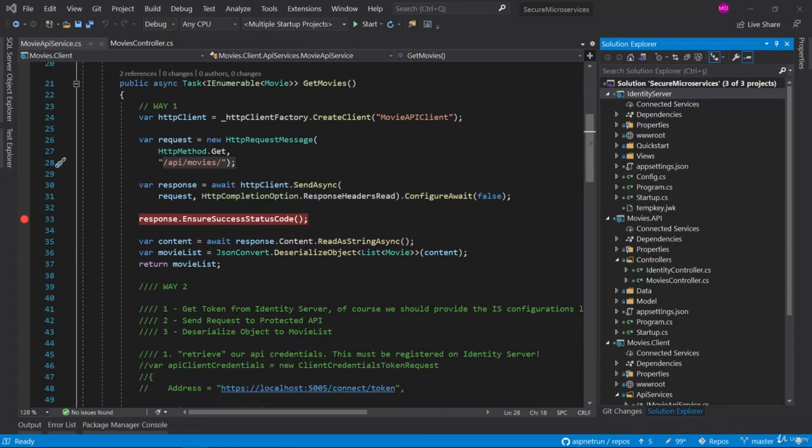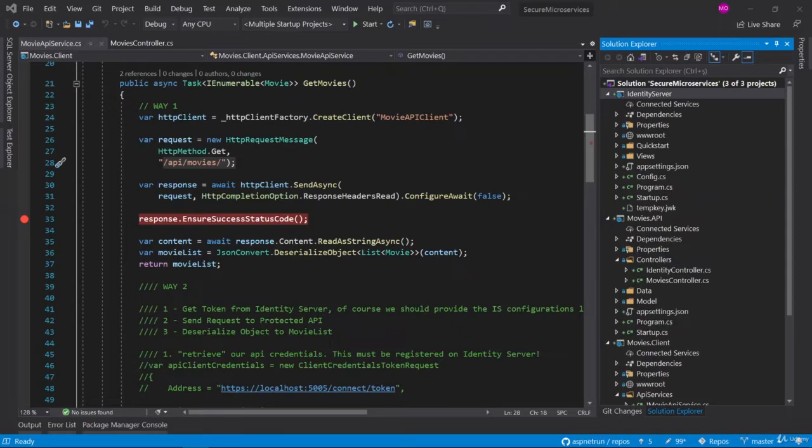In this video, we are going to use hybrid flow for getting token and combine scopes for the interactive client. We don't need to use two clients, as you know that we developed one client to access the movie API and another client for the OpenID interactive MVC movies client application. But with hybrid flow, we can also combine scopes under the OpenID Connect client. We can also add the movie API scope in order to access protected API resources with one token, which we get via the OpenID Connect MVC interactive client.